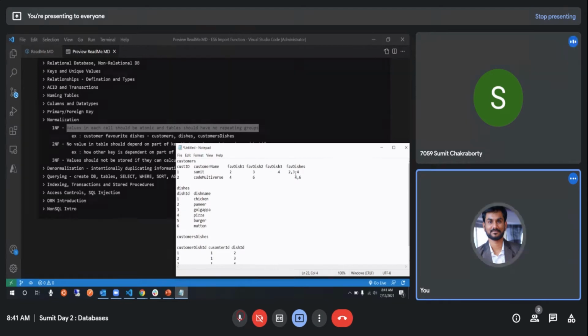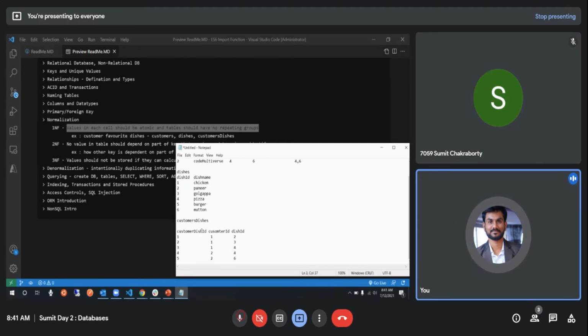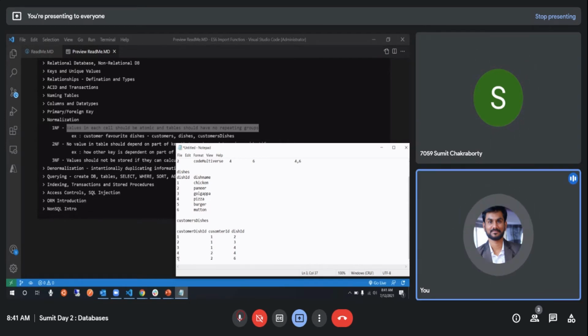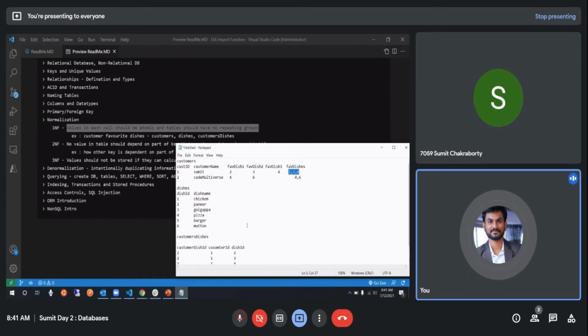Got it? The things which you specify as multiple should be atomic. So to make it atomic, you make sure that there are no repeating groups. To make sure that you have no repeating groups, if you want to create one more table, go ahead and create that. And if there are repeating rows, you create a new column which identifies it uniquely. Okay, so now that's about your first normal form.